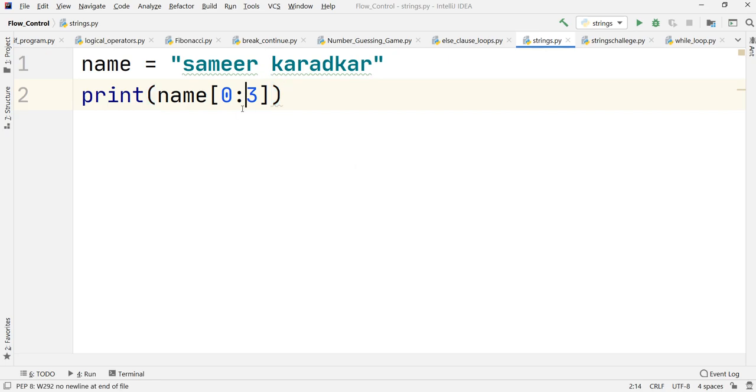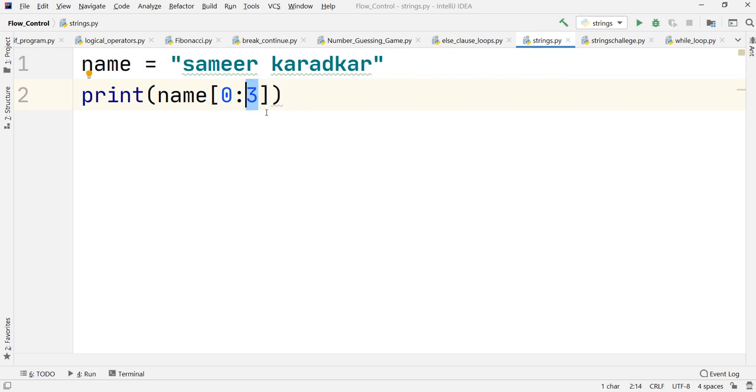What I have done over here, in the earlier case we had only put a single value. Right now I am putting a range of values. The range is starting from the 0th position and it is ending on the 3rd position. My 0th position is this one and my 3rd position, as you can observe, is this one. So 0, this one is 1, this one is 2, and this is the 3rd position. What I am asking Python is that I want all the characters in this particular range.